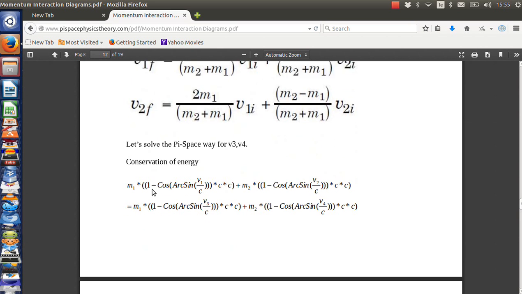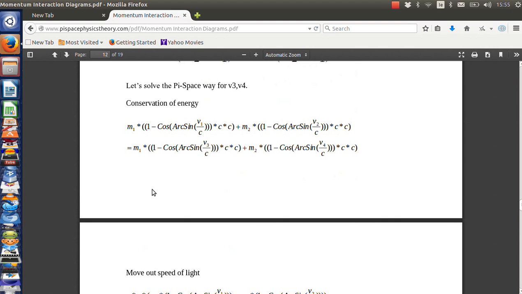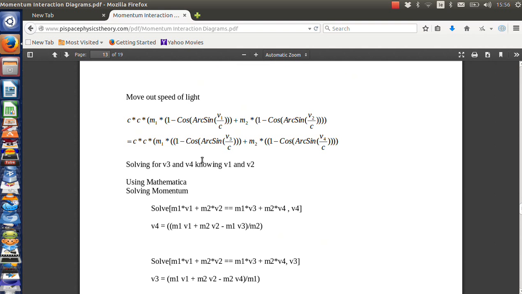Now, what we're going to do is just implement this solution in pi space, which is the physics theory. So the idea is that we want to conserve energy. We already have a kinetic energy formula here, which is already established in the theory, and so we want to conserve it. So we have the 1 minus the cos arc sine times c squared. So this is the Newtonian analog of kinetic energy in pi space times the mass. So this expression here is the two objects, object 1 and object 2 before, and object 1 and object 2 after, and they're conserved. I do a little bit of work on the math,